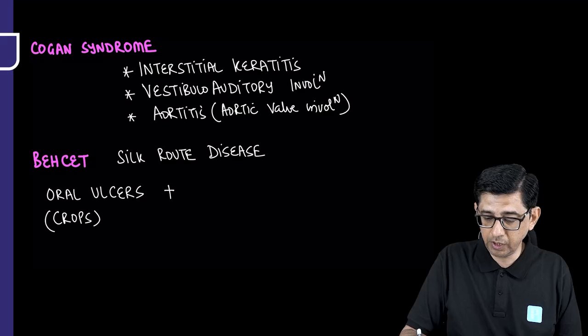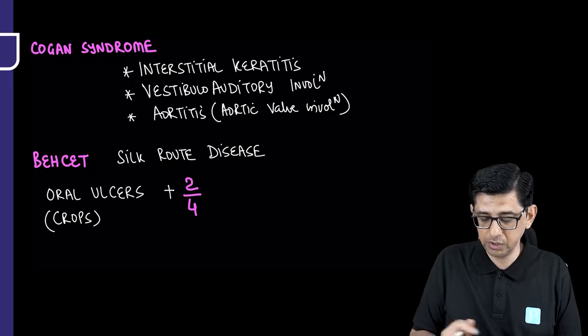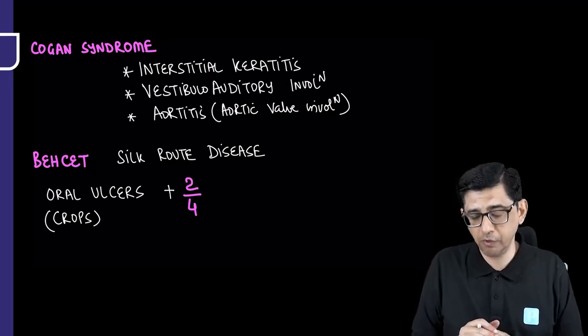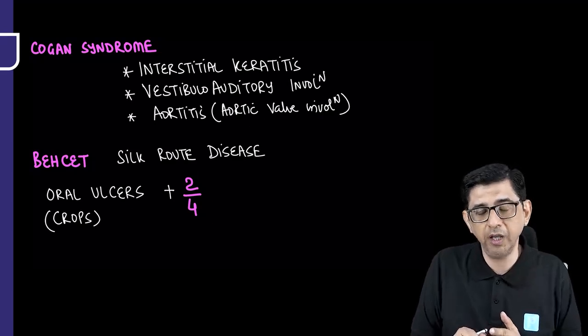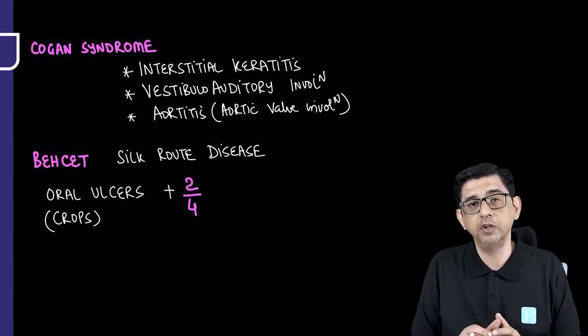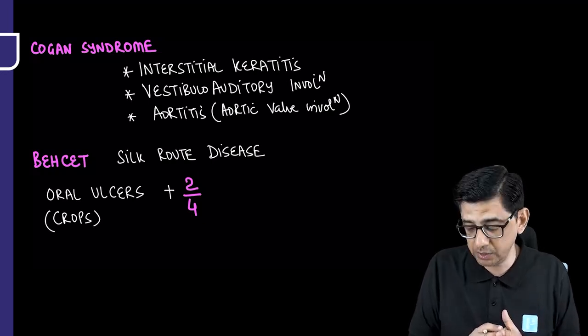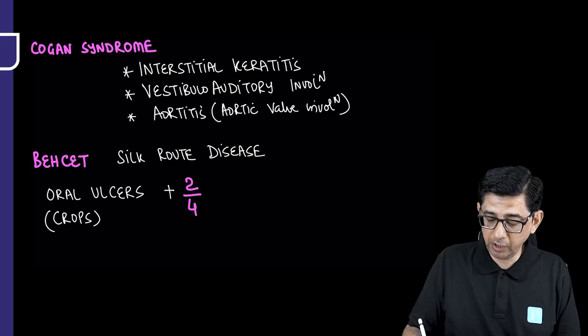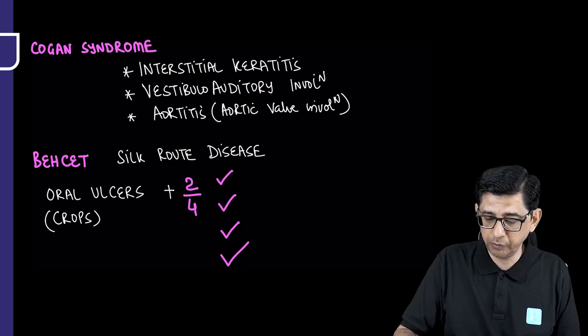So this particular case that I'll be describing, that is Silk Route disease, is a patient on medical tourism who will be having crops of aphthous ulcers. I mean, multiple aphthous ulcers in the whole of her oral cavity, and even if a few of them resolve, new ones will develop in their place. So this patient is telling you, "Sir, I have multiple aphthous ulcers in my mouth," and then she could be having any two from the four features that I next mention, for diagnosis